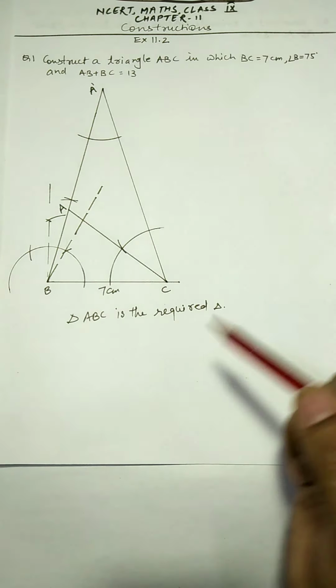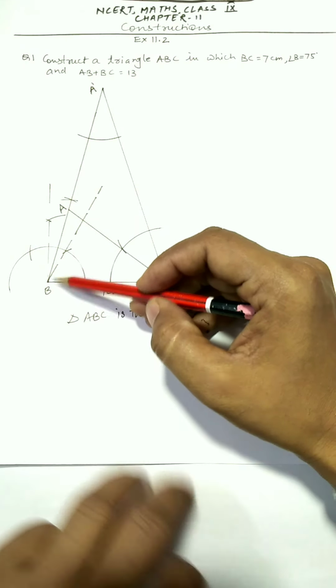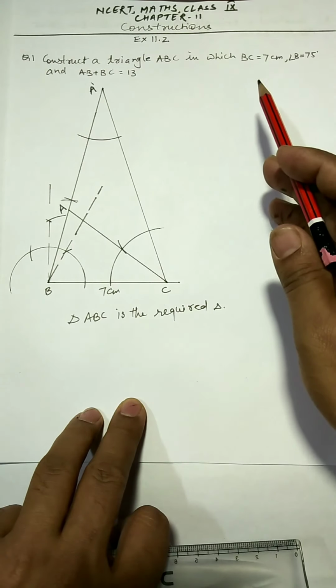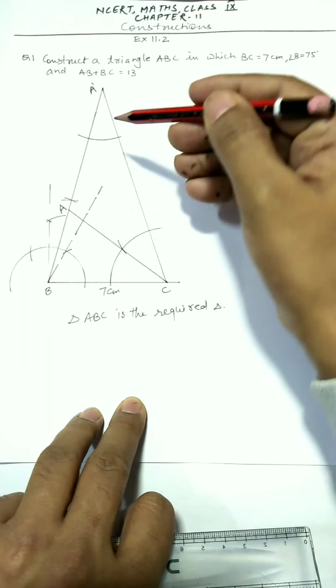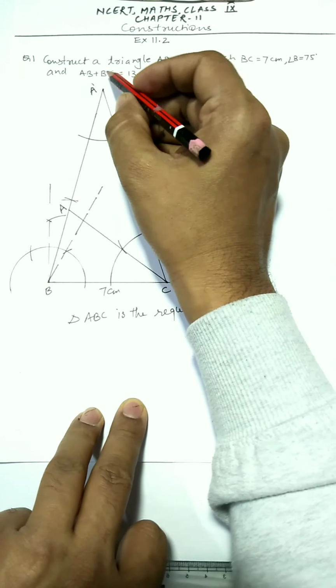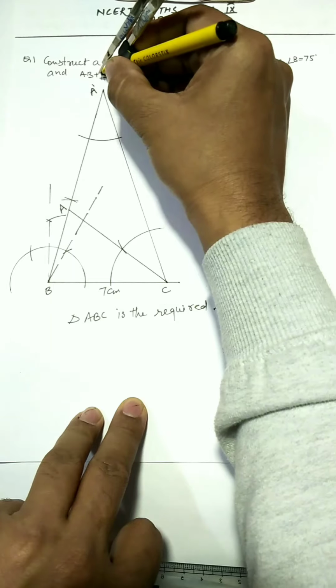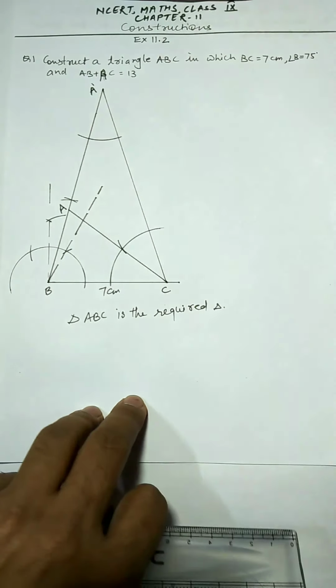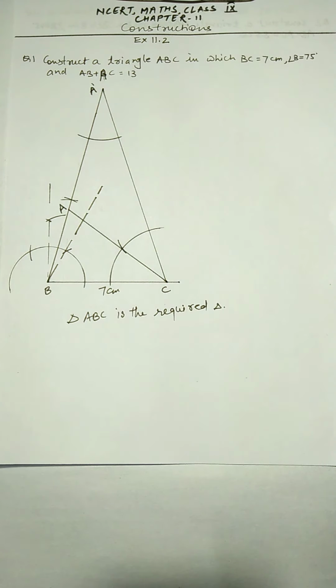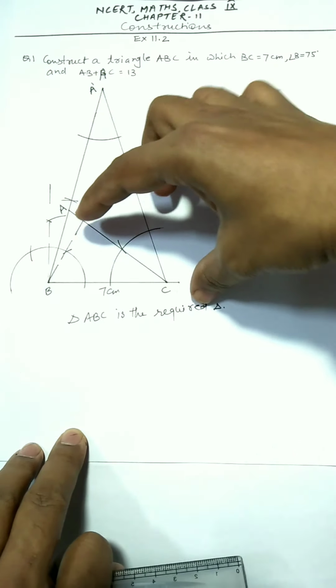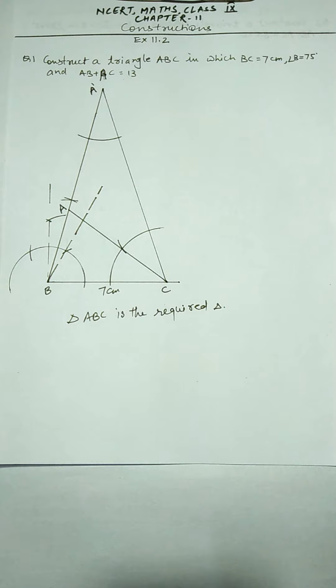But surely if you are going to measure this AB and this BC, this is AB plus this is AC, not BC, this is AC. So correction, this is AC, this is 13 centimeter. So this way if you measure this AB and this AC, your sum is going to be 13.